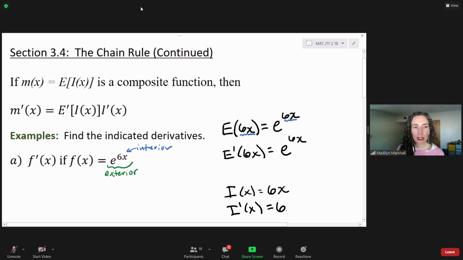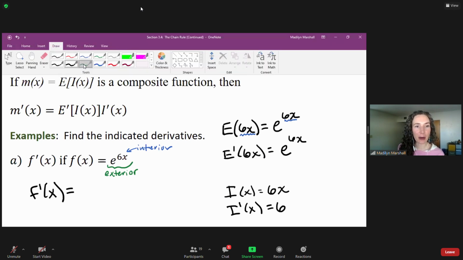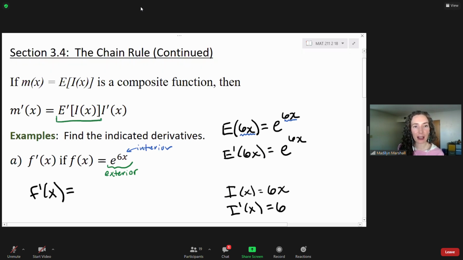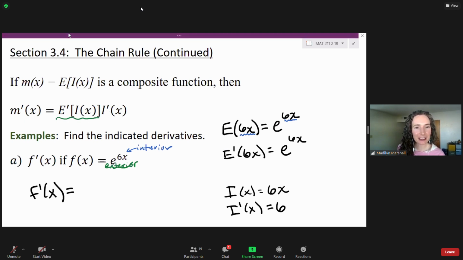So when we are putting this back into our chain rule formula, we have the derivative of the exterior part, so the e prime of the interior is, ooh, I don't know how I did that. That was weird. The e prime of the interior